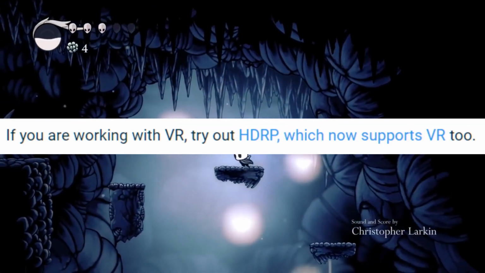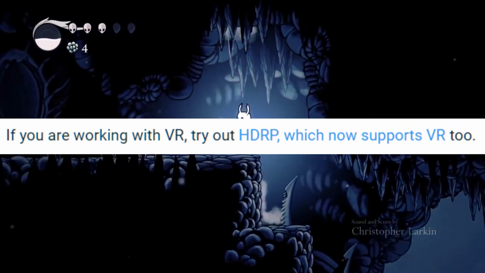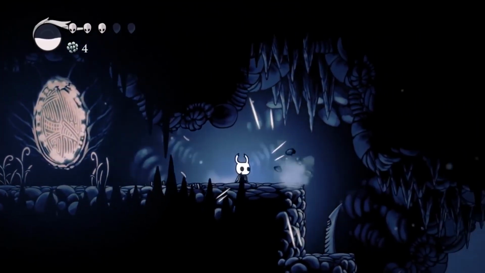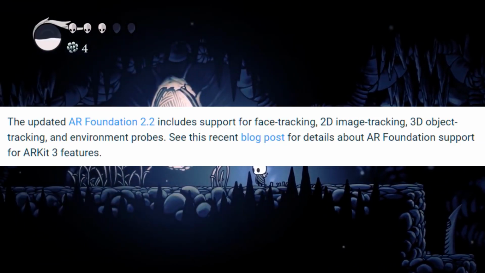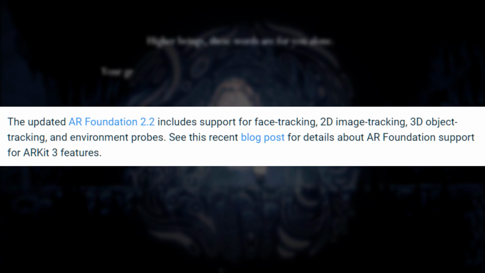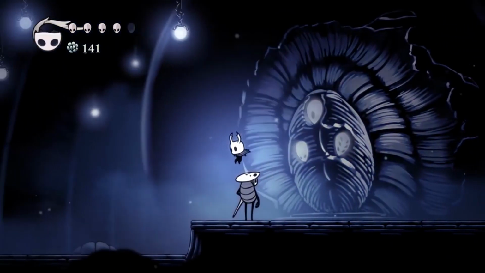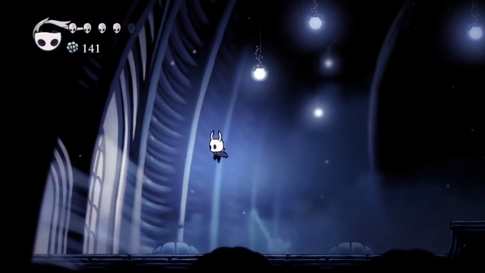HDRP, or the High Definition Render Pipeline, also now supports VR, so if you're making a VR game, make sure to try it out. And then finally, the updated AR Foundation 2.2 includes support for face tracking, 2D image tracking, 3D object tracking, and environment probes. Alright, so that is pretty much all for Unity 2019.2 with the main features, improvements, and changes you should know